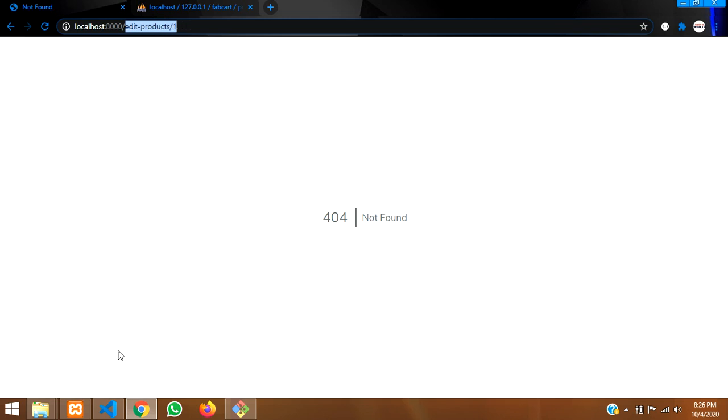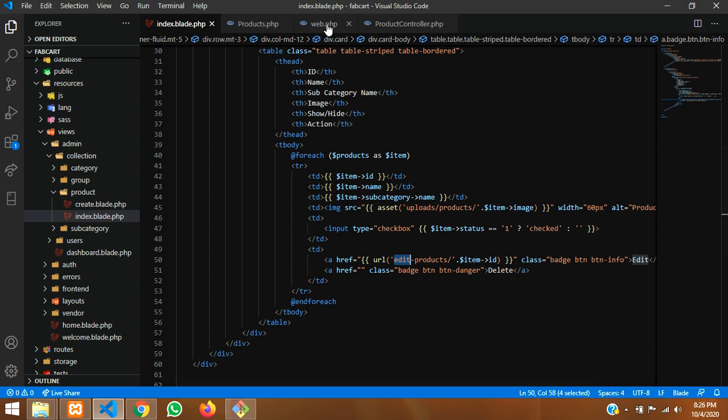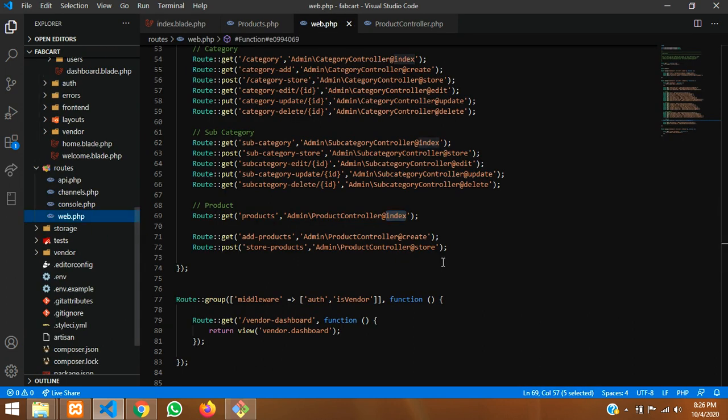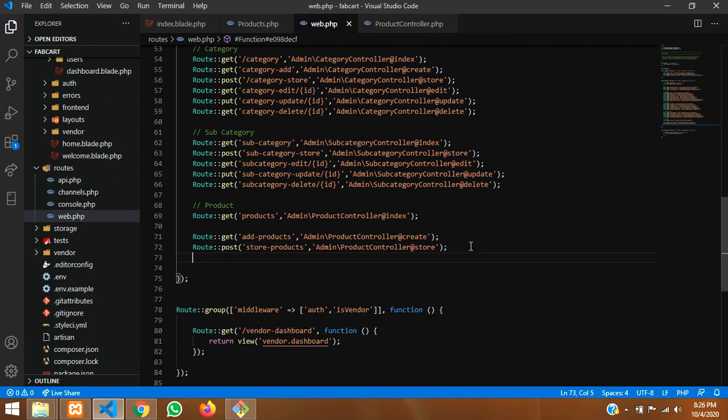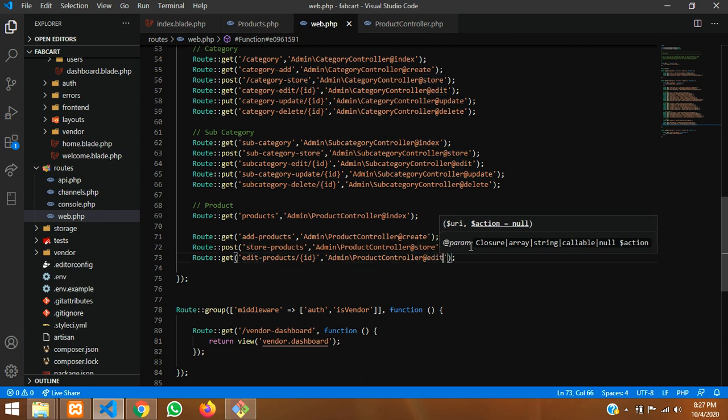Okay, so let's copy this and go to your route first. So let's go to our web routes, web.php, and start with fetching the data for editing it. So use the get function to edit the data. Instead of one, you have to upload with the ID. Okay, so we are taking those IDs, so that ID will be called over here, and you can call the same controller which we are already using, the product controller. So that's it, and now let's make it edit, not capital, small edit.